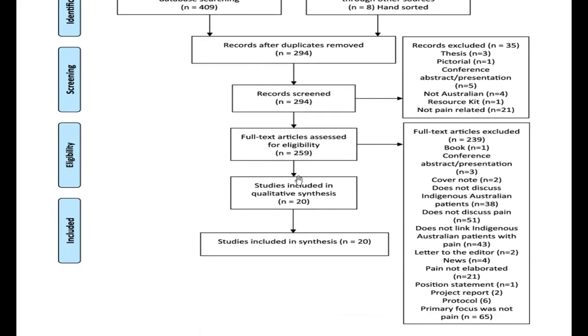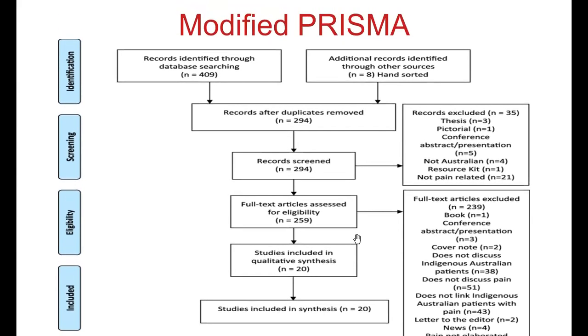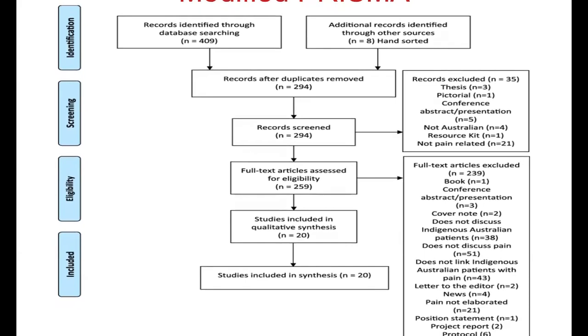Then studies that were included in qualitative synthesis. So after excluding all these, he was able to remain with 20. So in his study, using this systematic approach, he was able to come up with only 20 studies, which